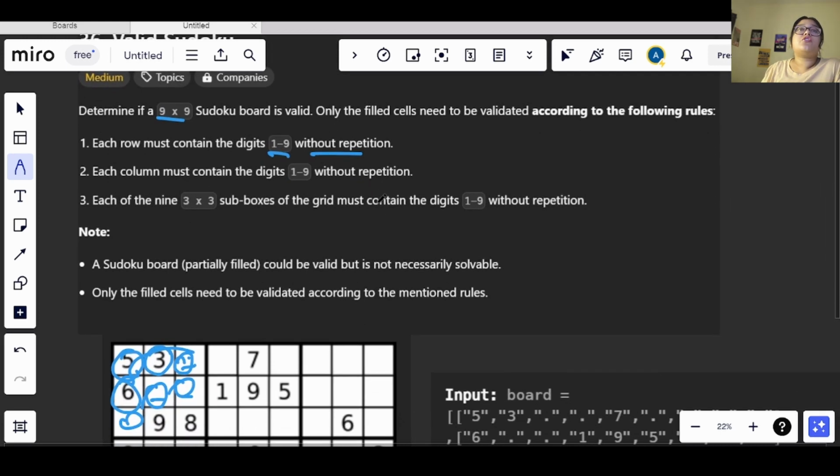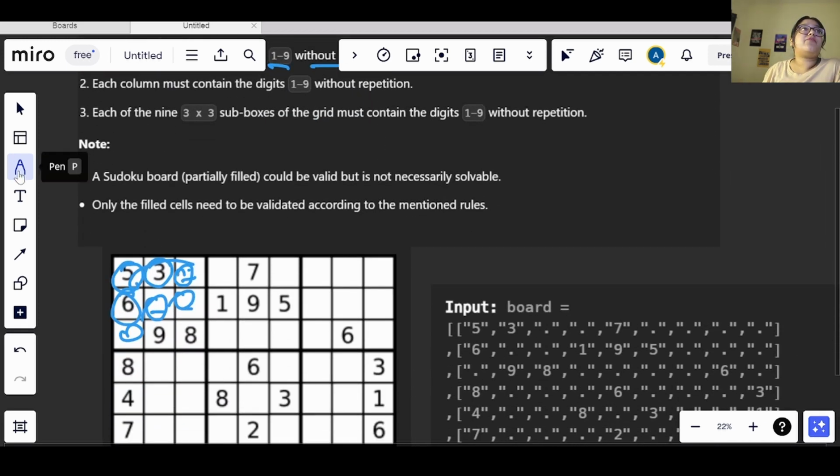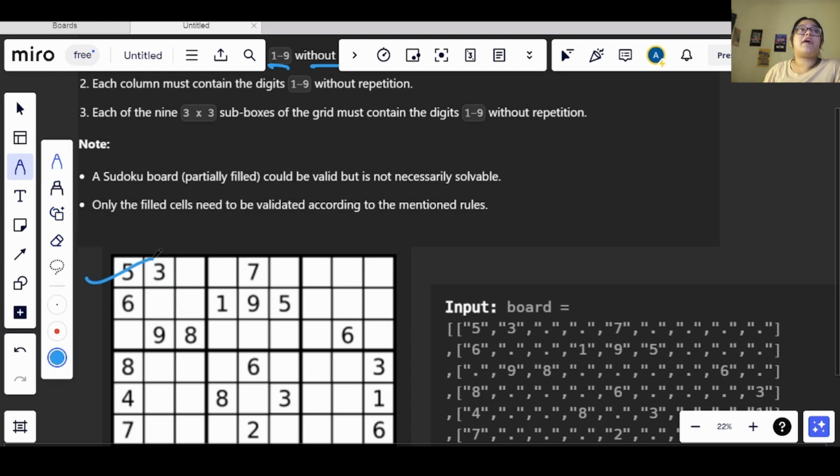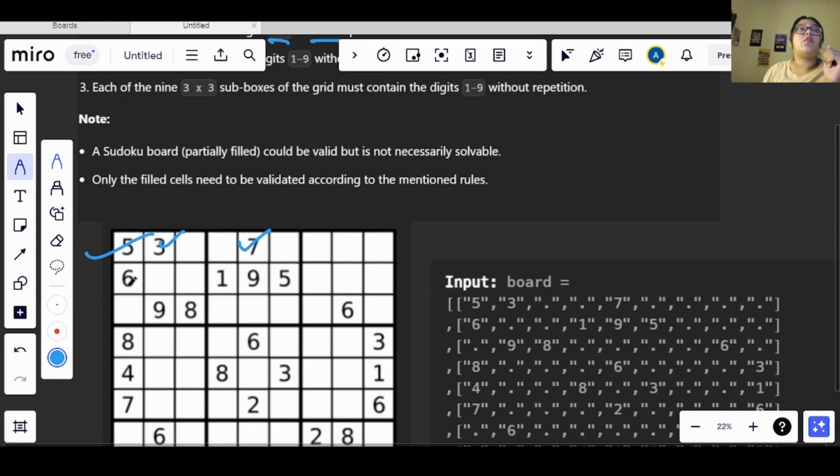any repetition, okay. So this means, now let's say, let me take the first row in this, okay. So now in this we have been given 5, 3 and 7. We don't have to think about the elements which are not present, okay. So in this 5, 3 and 7 there is no repetition, right? If let's say I had a 3 here also, then this Sudoku might have become invalid. But right now the 3 numbers that are present in the Sudoku are not repeated, right? So till now this row is valid. If we check for this row now, we have a 6 here, we have 1 here, 9 and 5. So none of the numbers are repeated, so this row is also correct.